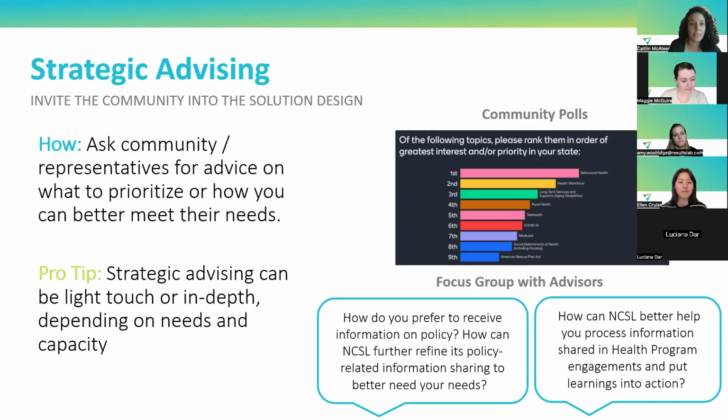And Luciana, one more idea. Maggie, you sparked this. Incentives. We at Results Lab believe it's important to find ways to offer mutual value back to the people we're engaging with for our strategic planning. They're offering their time, their expertise, and where possible, we work really hard with our funder partners, our nonprofit partners, to provide incentives for that time. And so when you're trying to pull in different voices, if you're trying to do an oversampling of a certain group, often providing an incentive is enough to say, hey, I see you, I respect you, I want you part of this conversation. We're here to listen and do good work together.